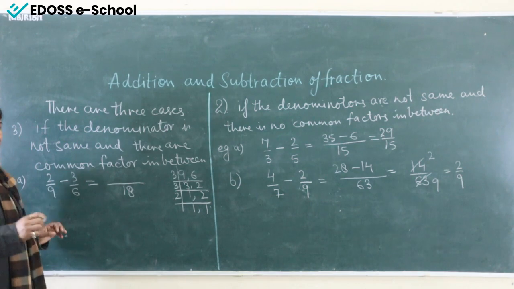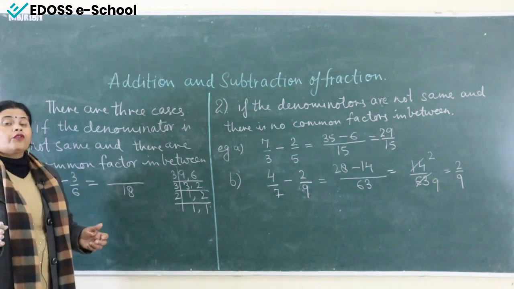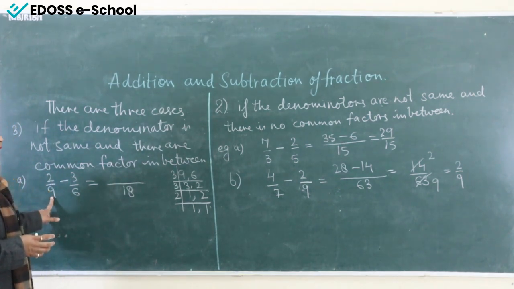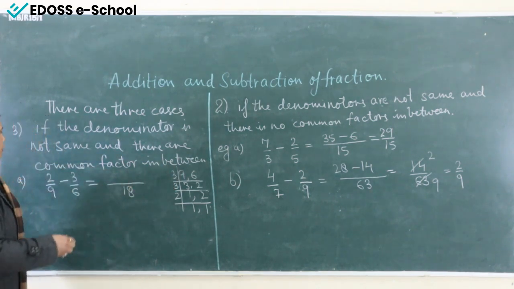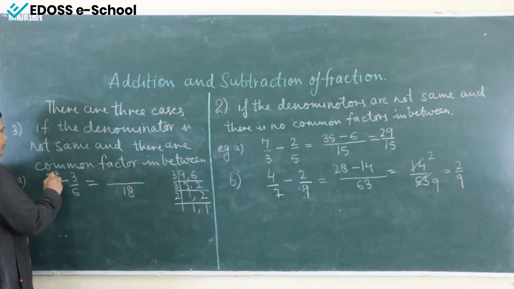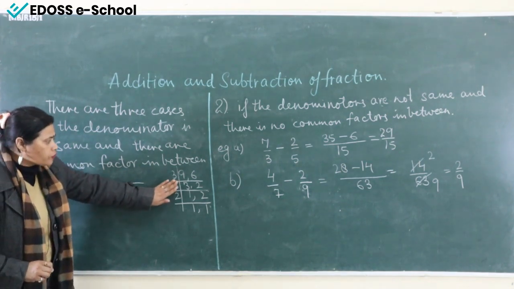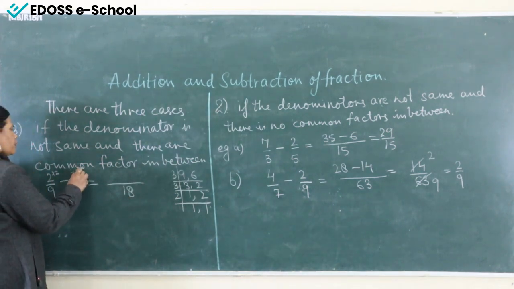The technique is that if you are having bigger numbers, here the denominator is 9, you just hide the 9. What is left? Only 2. So 2 will multiply with the numerator. And in the second part, there is 6, so you will hide it: 3 2s are 6. What is left? 3. So you will write down this factor 3 with the numerator.